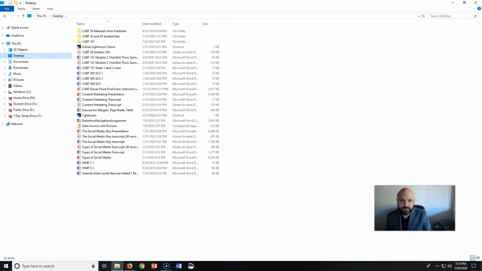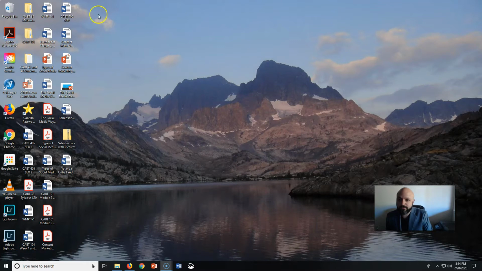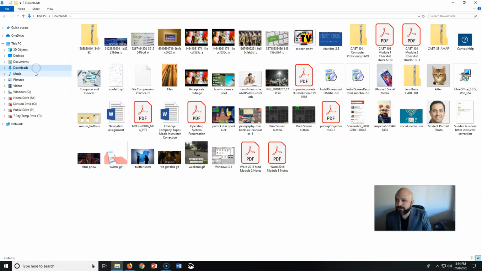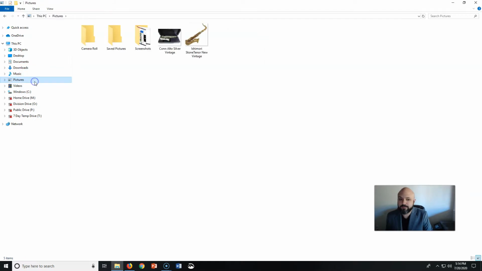Desktop is, again, you'll remember from week 1, if I minimize this space right here, and coming back to my File Explorer, we have Documents, Downloads, Music, Pictures, and Videos.